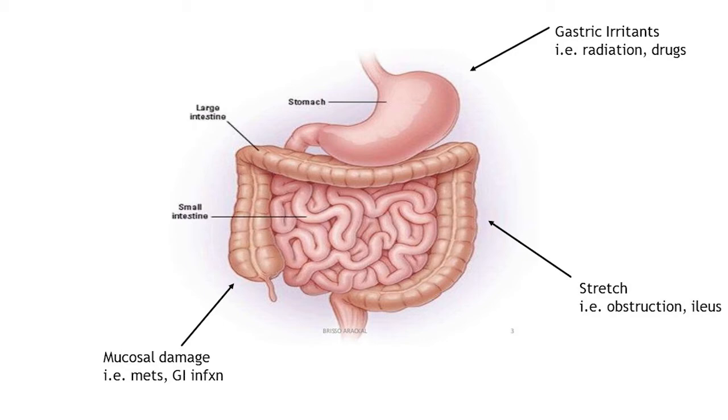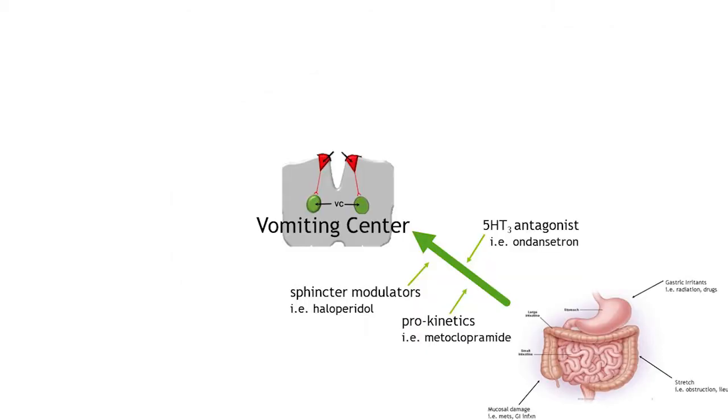And so how do we prevent the signal from the gut going to the vomiting center that tells the body to induce an episode of emesis? So the primary receptor involved is serotonin. And so this would be our patient that we would actually want to give a serotonin antagonist to, and we often use Zofran. Additionally, we can add a prokinetic like metoclopramide, which is helpful not only because metoclopramide acts as